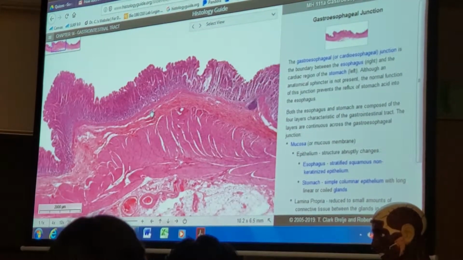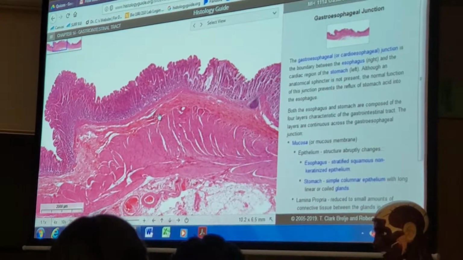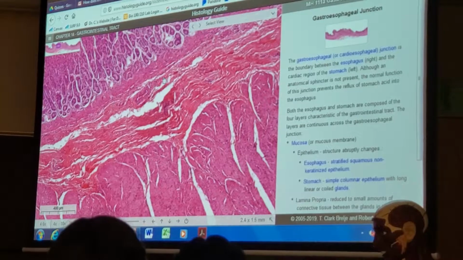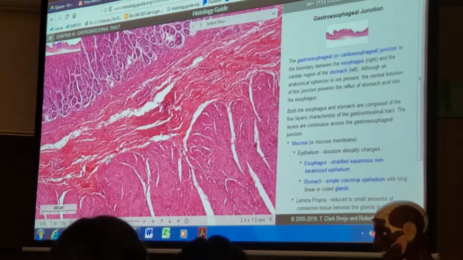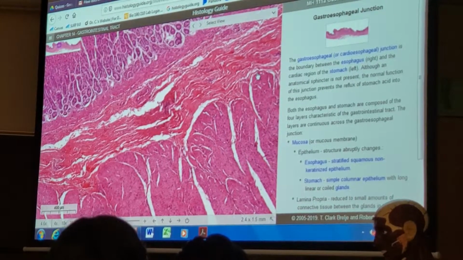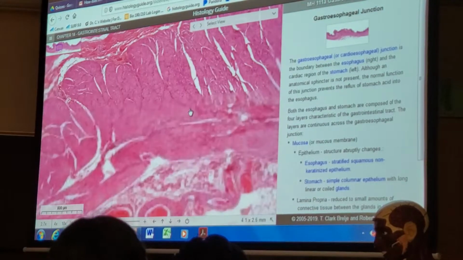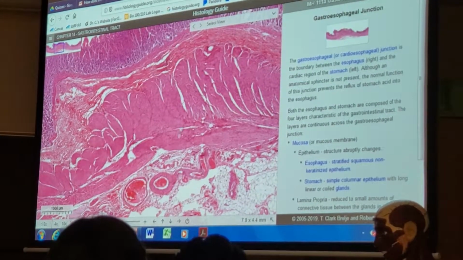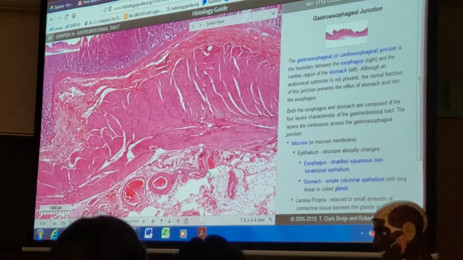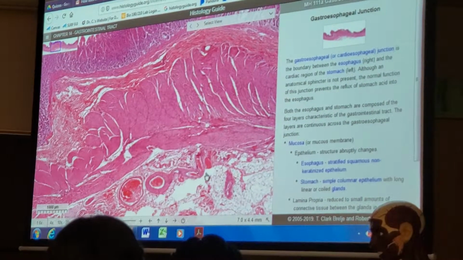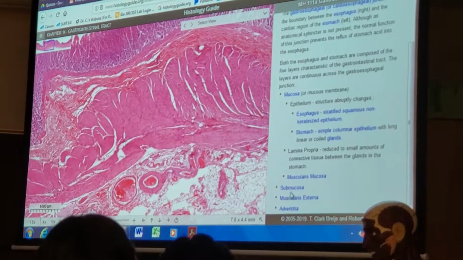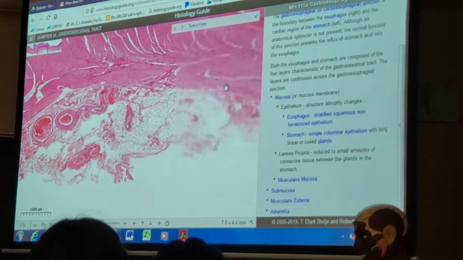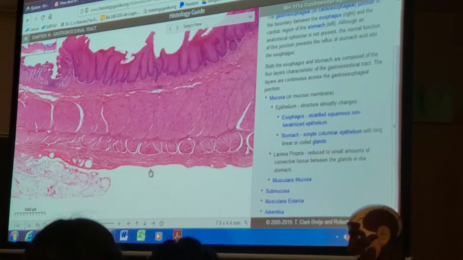So what you have here is mucosa and lamina propria and muscularis mucosae. There's very little submucosa, and then you're into muscularis externa, which is all of this. The serosa is out here. It doesn't show up well in any of these sections. I think they try to show it. Well, no, they don't even show it. They show the adventitia for the esophagus. There's the adventitia